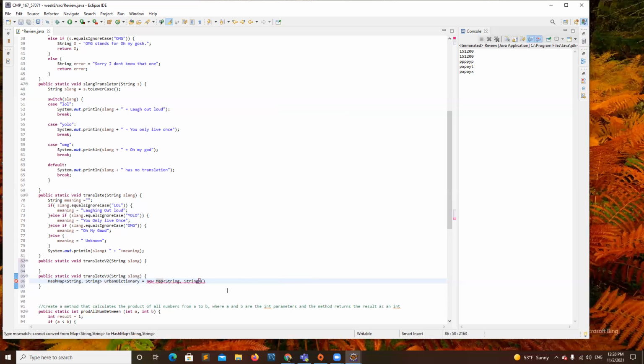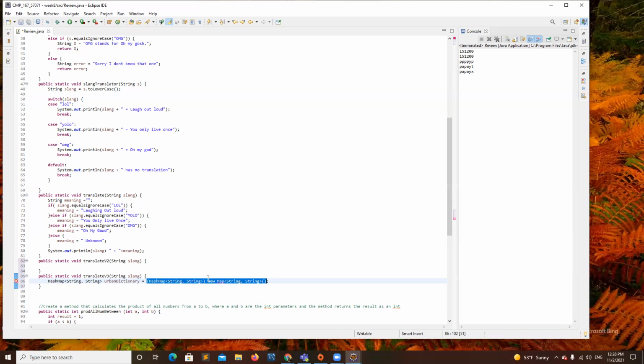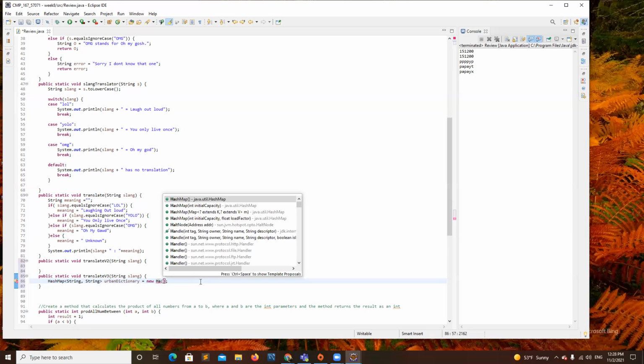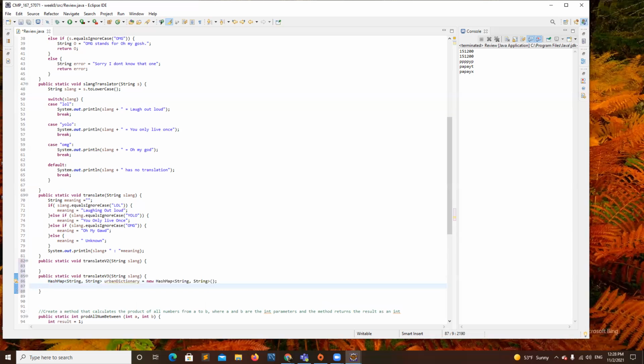I have this error here, semicolon. Yeah, give me one second. Let me just do it. Just hash map. There you go. Okay, so I have this new hash map.